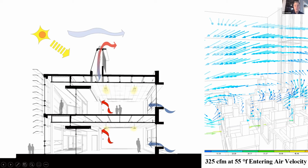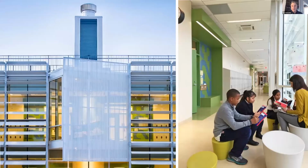We want a 2-to-1 outflow to inflow ratio in order to help facilitate the airflow. And you actually start to feel the air moving along as you go through the space. So daylighting and natural ventilation are two things that really define the architecture here. Here you can see one example of the solar chimney, and this is the bay window, taking advantage of